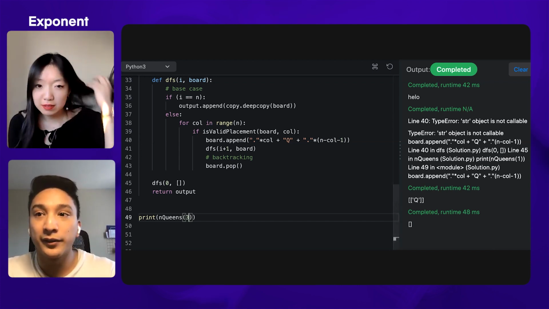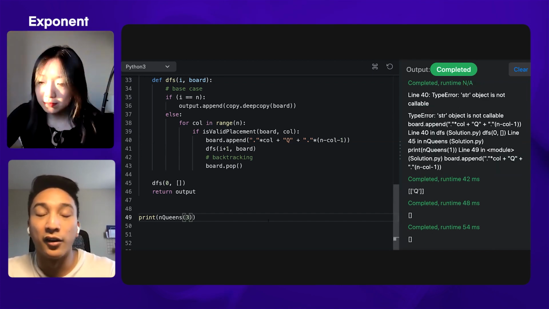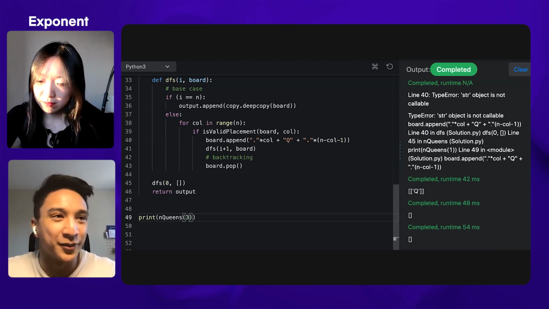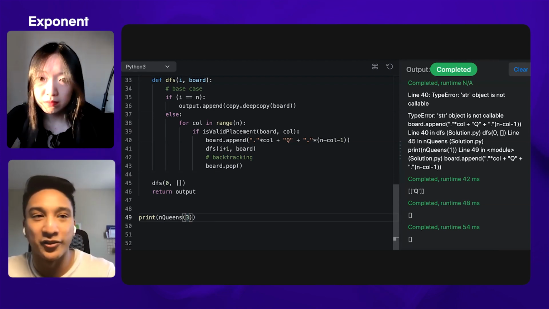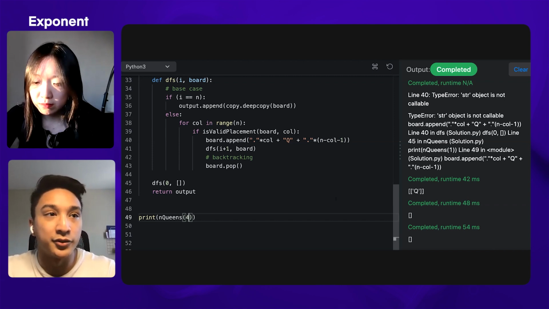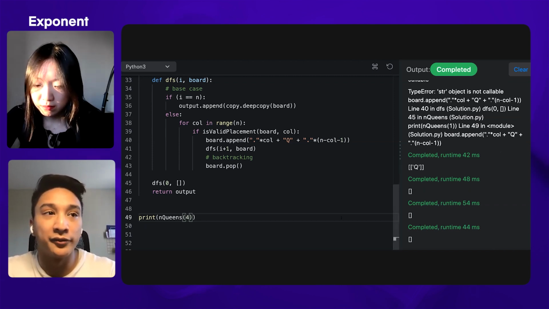We can do 3, move on from there. Also very similar. I won't go too much into the approach because it's going to be a very similar situation as the first one. But we can go on to a value of 4. And here we would expect,